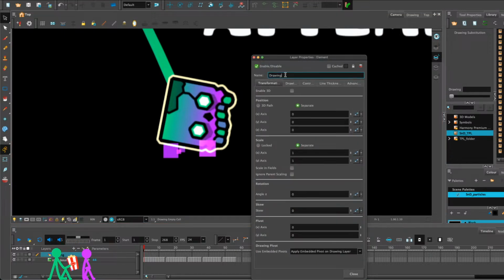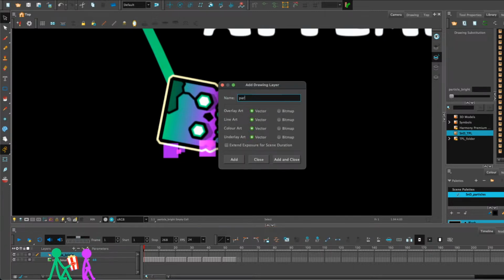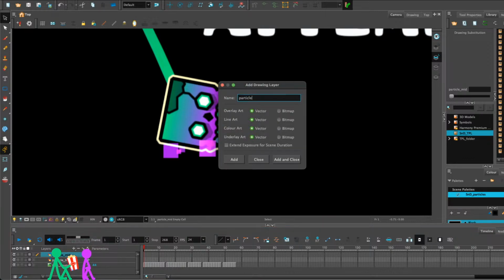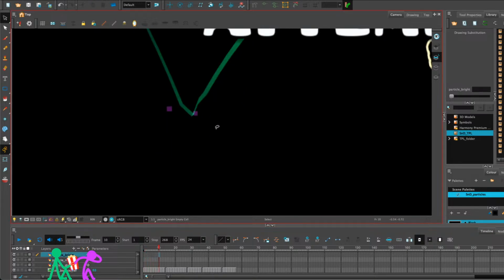So what I want to do is do particle bright 1, particle bright, let's go particle mid, and particle dim. So then what we can do with these is we're going to trace